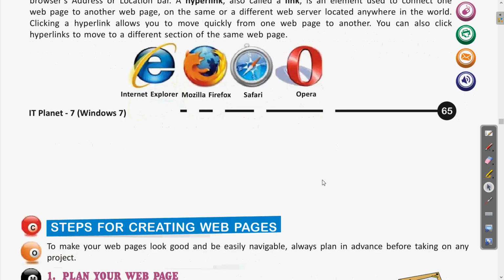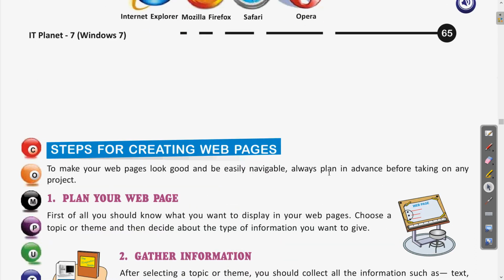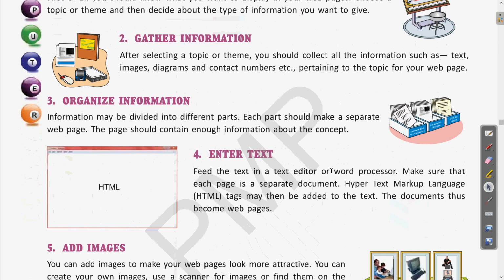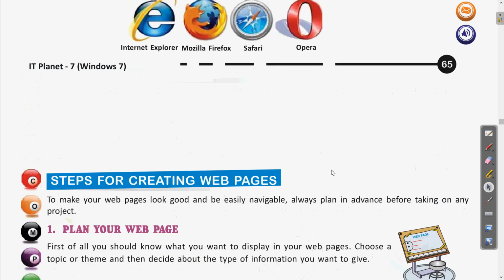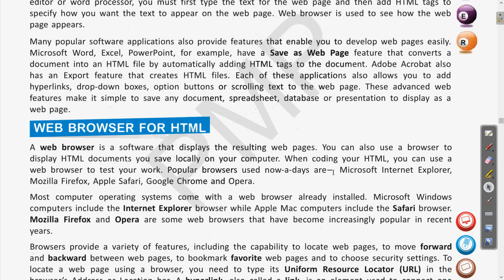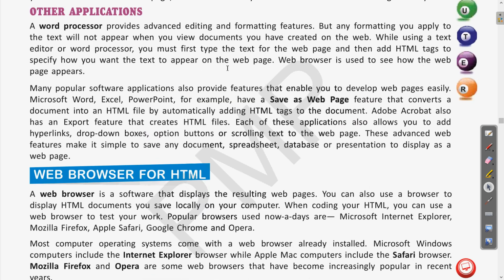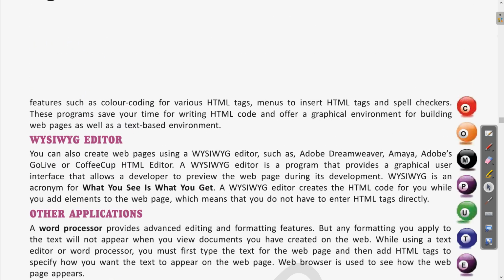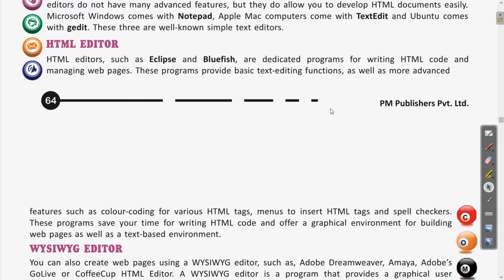In the coming class we will see the steps for designing web pages, and also continue with the exercises as the chapter is about to complete. So try to do a few things and revise the concepts which we have discussed today, and let us meet in the next class with the remaining topics of this chapter.